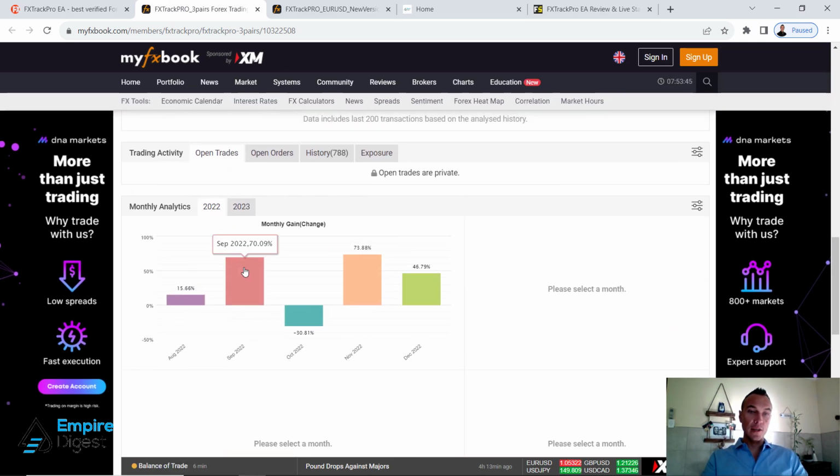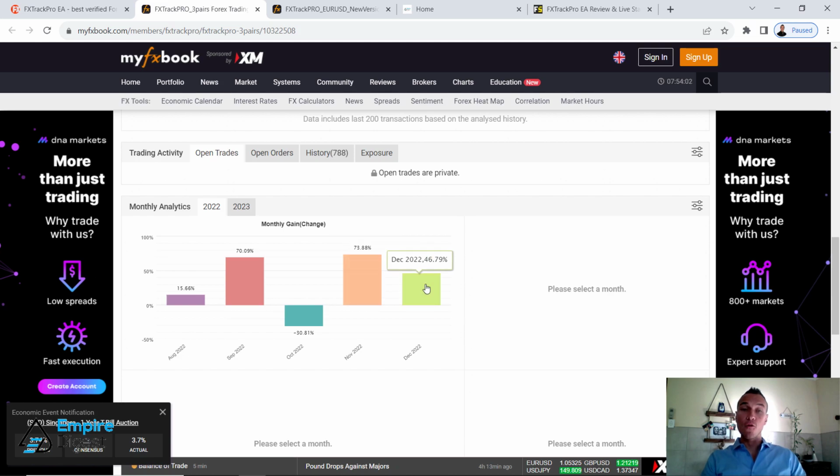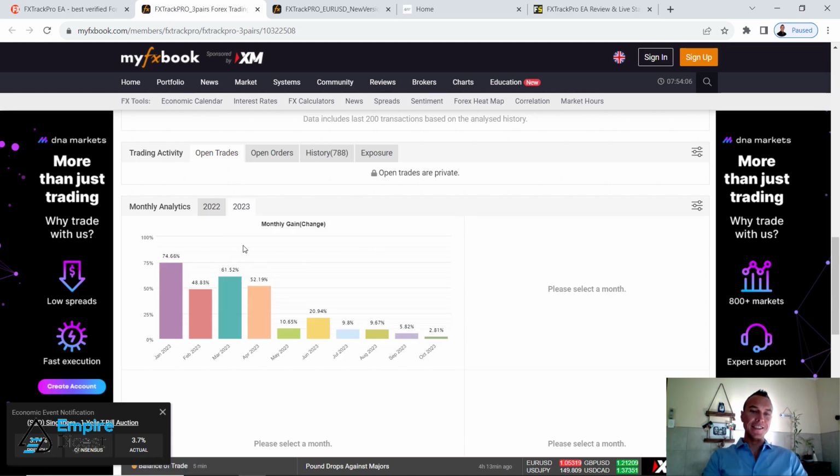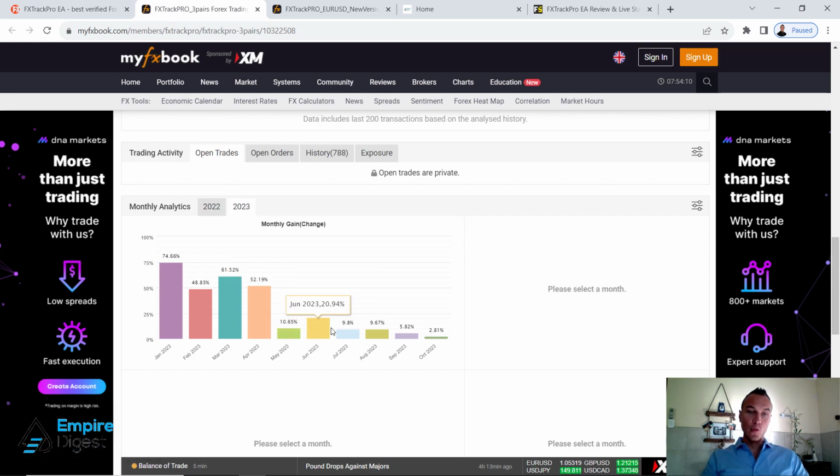The year 2022, look at this month, phenomenal, 70%, and it had a 30% loss. Why? Because the risk was very high. And you don't want high risk. Look at that, 73% gain in 1 month, 46%. Now, heading over to the year 2023, look at this. Since May, it's gone down 10%, 20%,